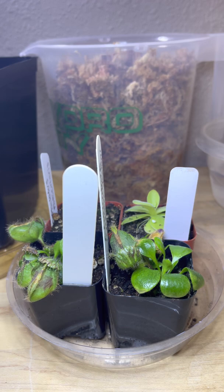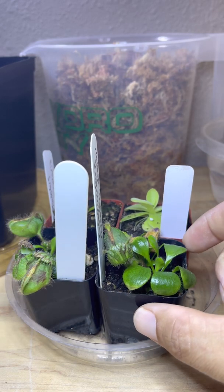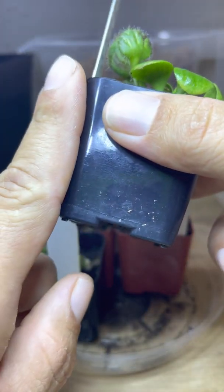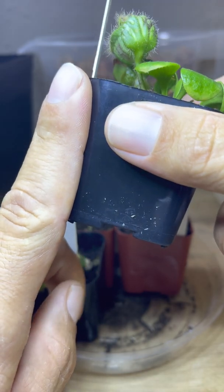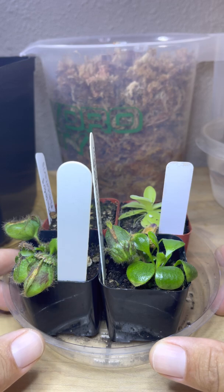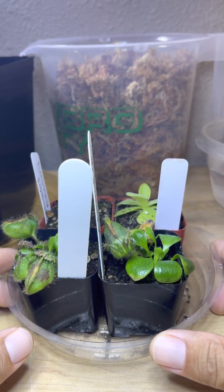And today I'm going to attempt my first repotting of a Cephalotus follicularis. I'm curious if the reason they're not doing so well is maybe the roots are just too close to the water table in this little shallow tray. You see, they came in these little succulent pots. It's not very big. As compared to my finger, it's only two knuckles deep. So I'm gonna try to repot one of these so that when I water,